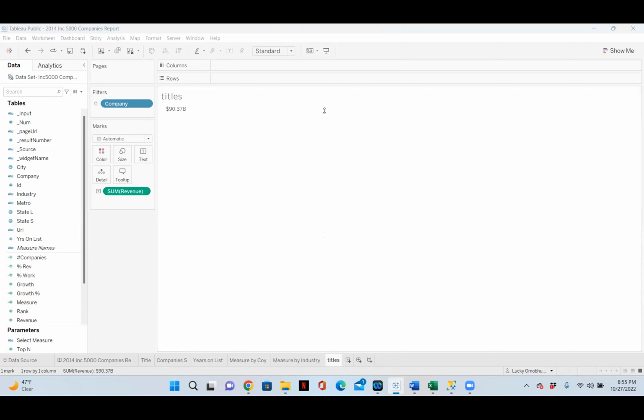Okay, so now that we have all our fields, I want to bring in my top 10 parameter here. I'll just drop it into test. Okay. Quick question, Lucky. Yeah, go ahead. Did you put the filter company into filter? Yes, because we want